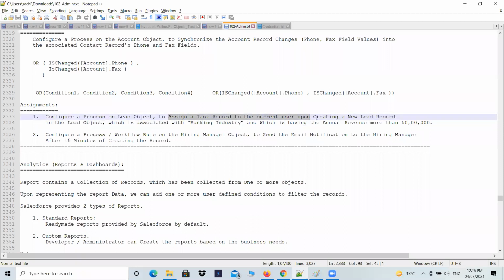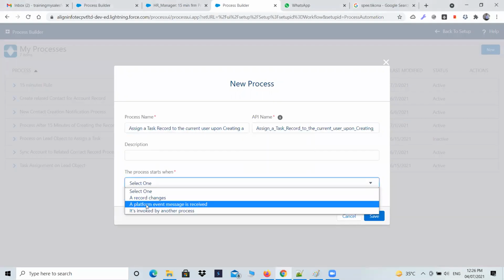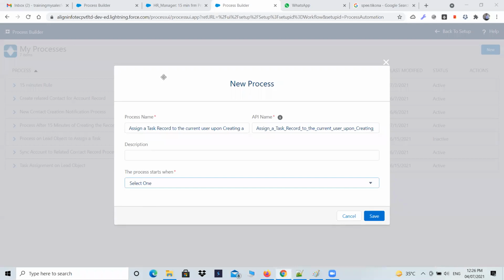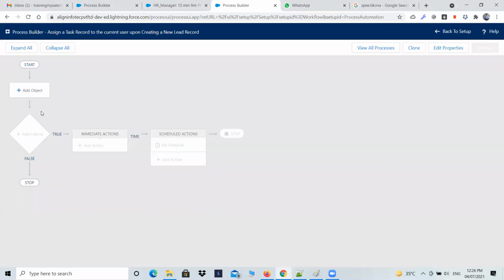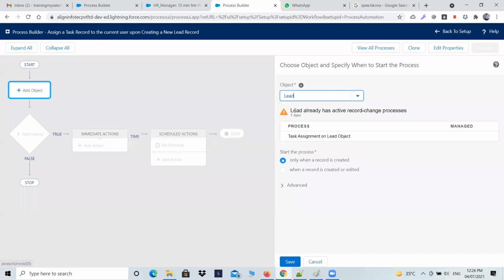Assigning a task record to the current user upon creating a new lead record, let me go with this, ठीक है। Select one as soon as the record changes. On the record change, let me just save this, ठीक है। Now add the object, you want to make it on the lead object, ठीक है, हमको lead object से काम है, so let me select the lead, I want to make it happen on the lead object only when the record is created। Yes, अभी record created पर ही लगा रहा हूँ मैं।